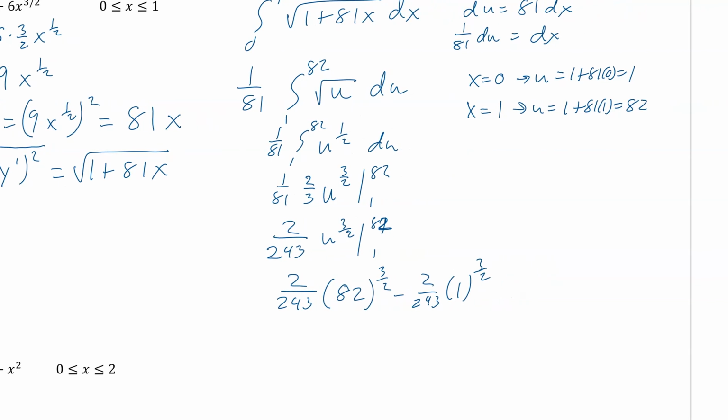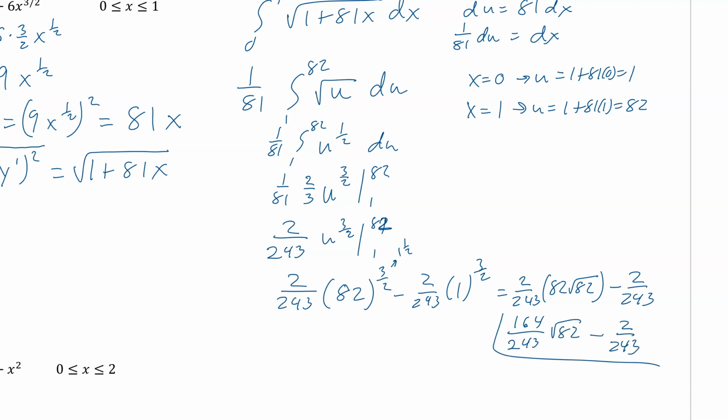All right. So that means over here, this would be 1.5. This is 1.5, which means you get to take 1 out, and there's a radical left. So this is 2 over 243 times 82, square root of 82, minus 2 over 243. So 164 over 243, square root of 82, minus 2 over 243. And yeah, we could keep simplifying, factor out something if we want, but we just want to check to make sure